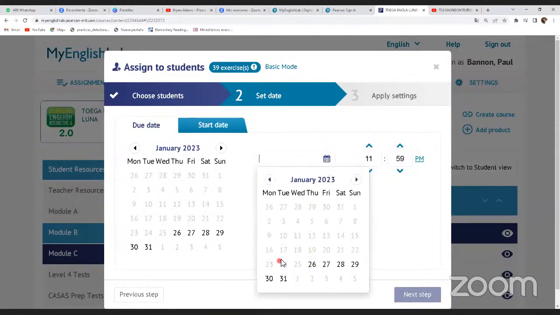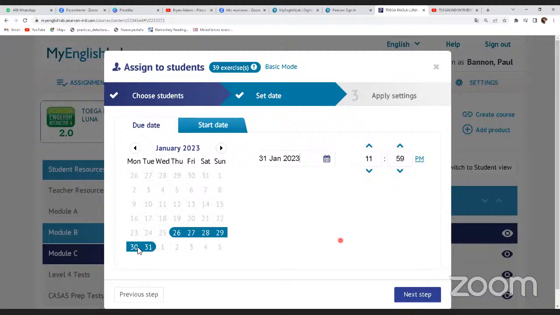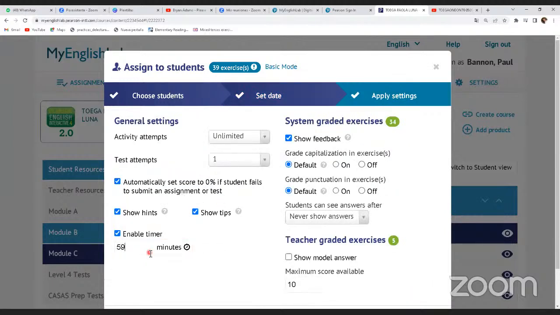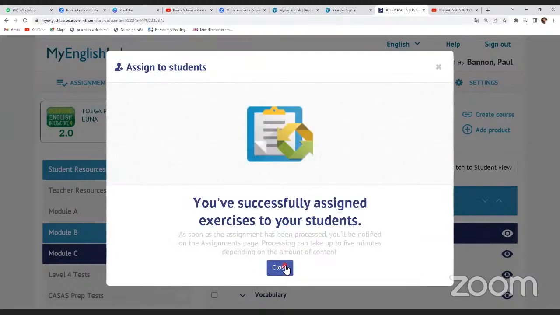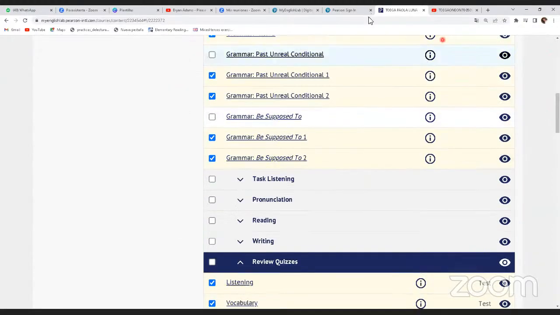We're on Thursday until Monday. Okay, is it okay for you? Okay, give me a second. Friday, 1, 2, 3, 4. Yes, it's okay until Tuesday. Okay. So you have 1, 2, 3, 4, 5, 6 days in order to complete. You're going to have almost an hour to do everything. Take care of your capitalization and pronunciation, and you're going to have the model answer at the end of the exercise in case you fail, right?